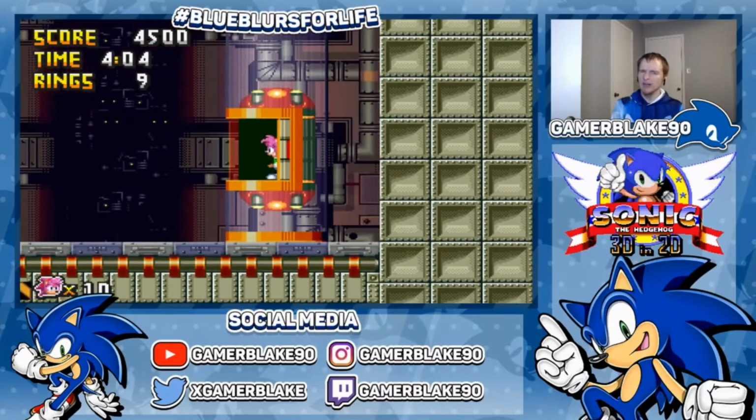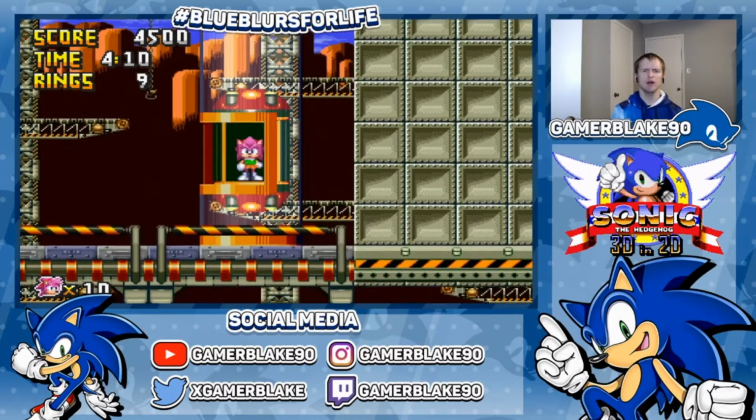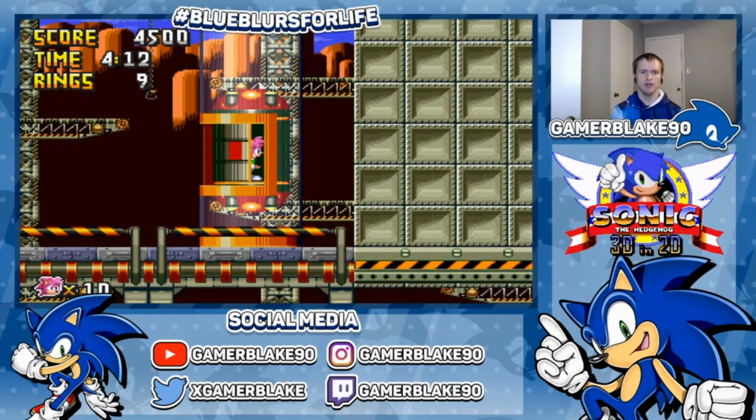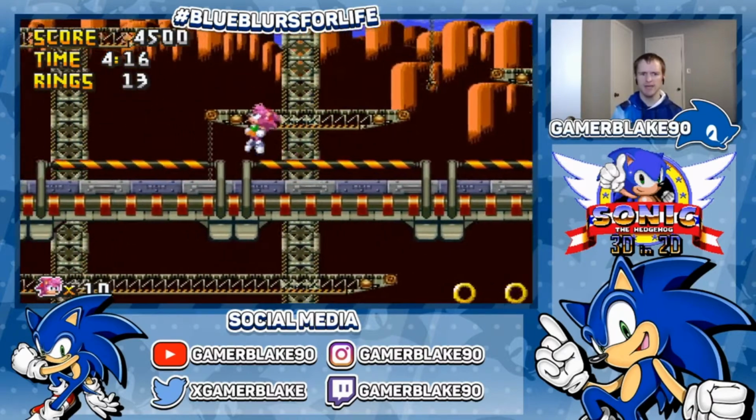And for that matter, I don't even know what Shadow's capabilities are in this game. I couldn't begin to tell you how he plays. That's what I'm most interested in, honestly. With the Amy moveset, Sonic's moveset, Tails and Knuckles are plainly obvious. But Shadow in a 2D game like this,